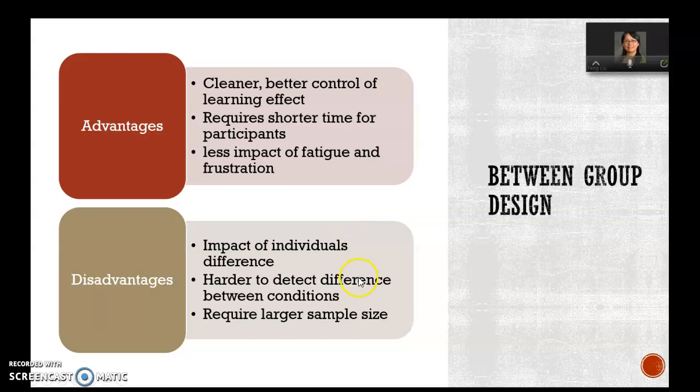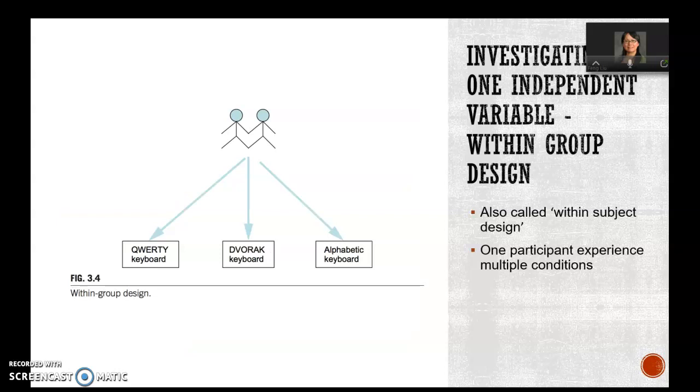And the disadvantage is it could be different individuals, and they have much more background knowledge. So the individuals are different. Okay, so if group A is much more knowledgeable on something, then you couldn't see the difference. So it's hard to detect the difference between the conditions,